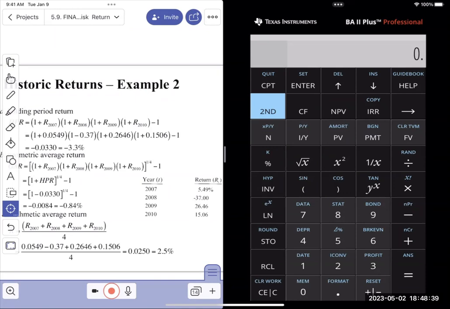So I'm going to take the holding period return, which I just erased, and I'm going to put it to the fourth power minus 1. So it's going to be 1 minus 0.0330 equals to the power of 4 inverted equals minus 1 equals. So this is,